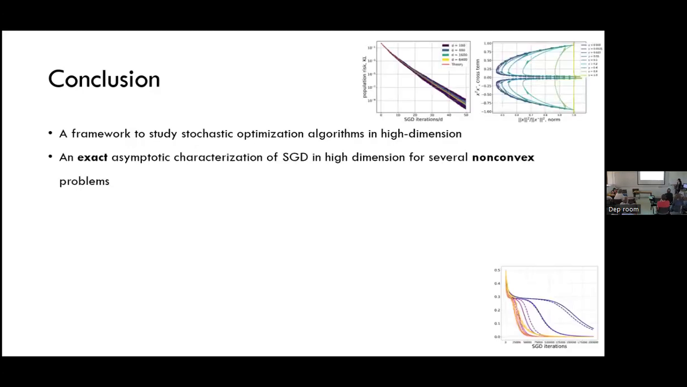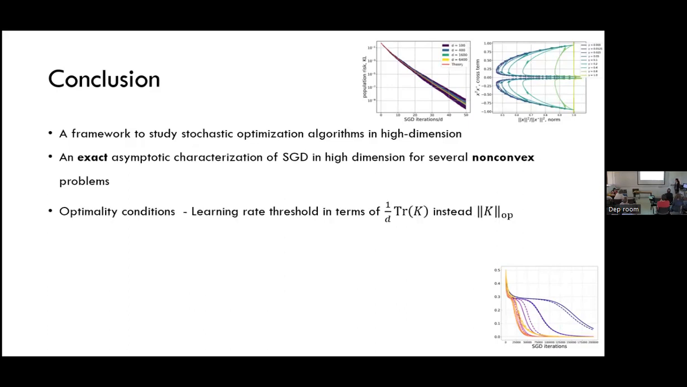Okay, so to conclude, I provided a general framework of how to analyze stochastic optimization in high dimension. And we have concise and exact formulas with which we can really track the dynamics in high dimension, in particular for SGD. And I provided this optimality condition that can also be generalized further, and you can see how the structure of the covariance matrix enters into the game,